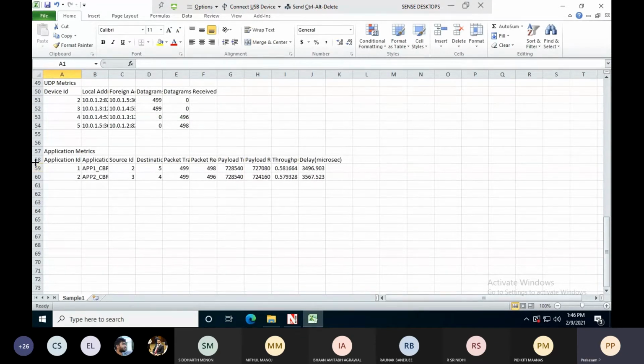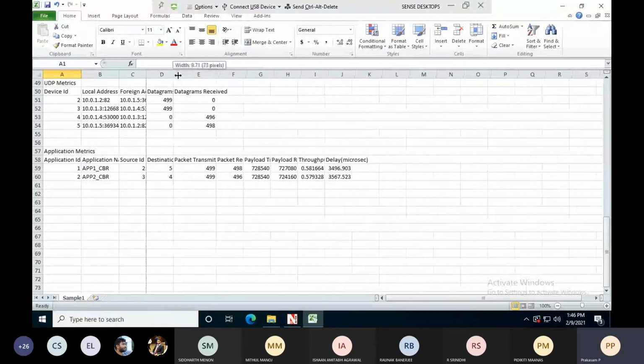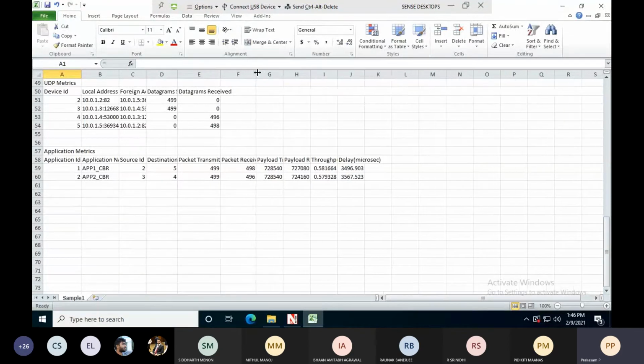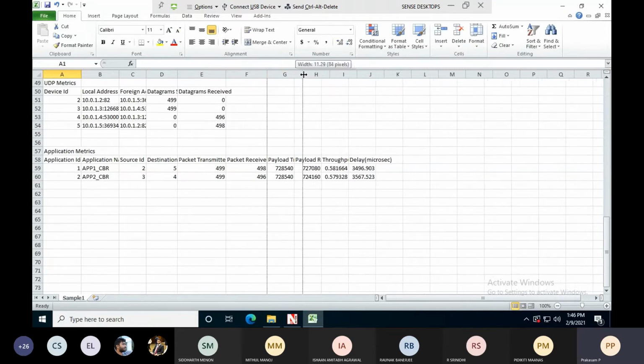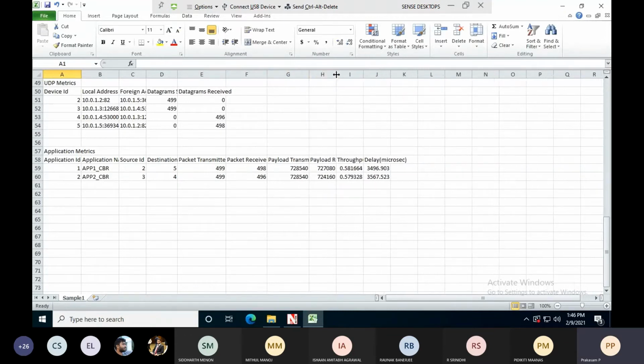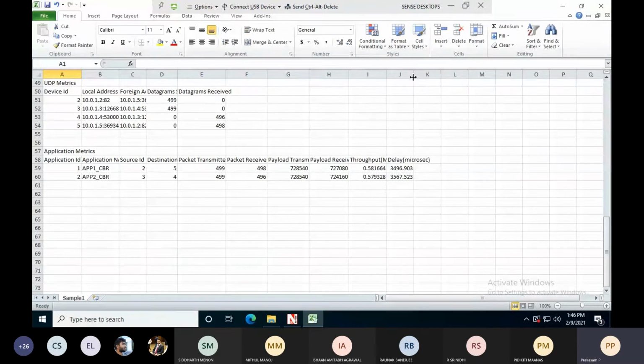You see here row number 58, 59, 60, application, source ID, destination ID, packet transmitted, packet received, payload transmitted, payload received, throughput, delay. You can see here.